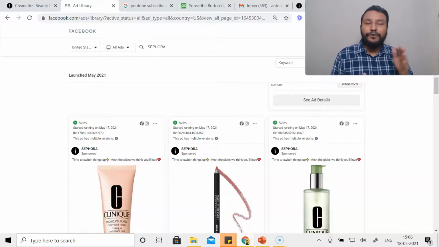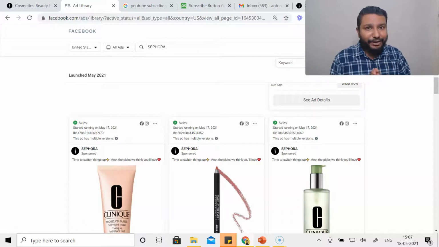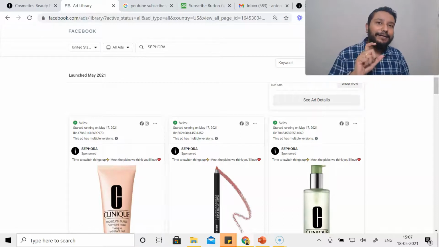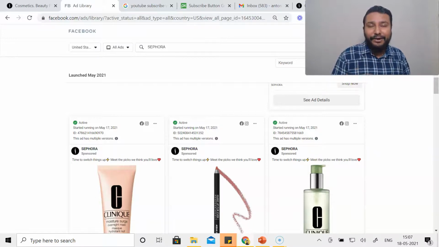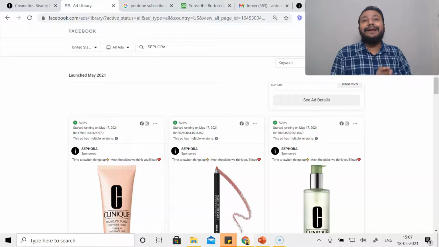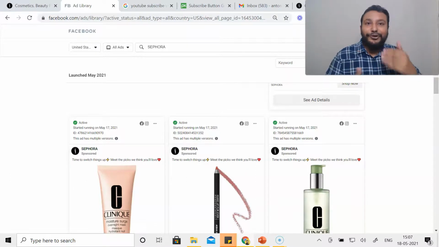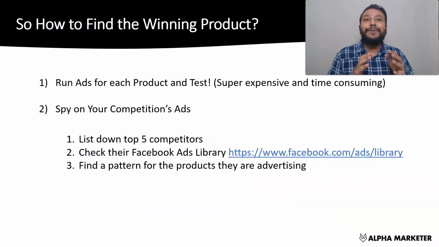After analyzing some 4 to 5 competitors, you will have a pattern. You will clearly identify some 5 to 10 products which they are heavily betting on. Then you select products very similar to what they are betting on, and see how you can give a better product, better service, or better experience to your customers, and start running advertisements for those products through your store. That's how you choose a winning product to put your money on, or your client's money on. This simple technique will save you a lot of time and money and help you achieve faster success.